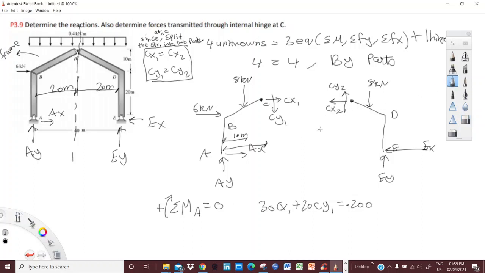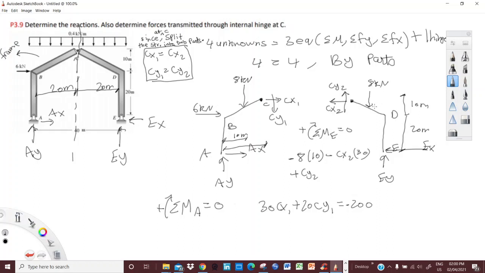Right now, let's do summation of moment at E equal to 0, clockwise positive. So 8 is counterclockwise, minus 8 times the distance of 10 kilonewton, which we have 10 kilonewton. Okay, and we have minus Cx2 times all of these distances, which from here to here is 10 meter, and from here is 20 meter. So 10 plus 20 is 30, and then you have plus